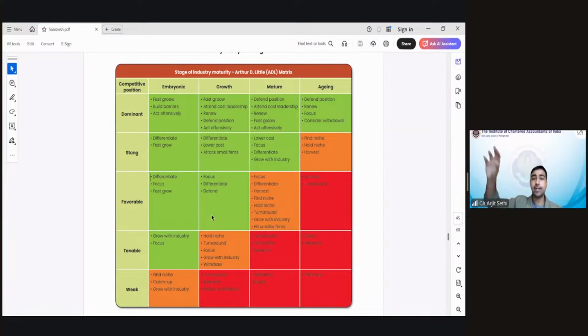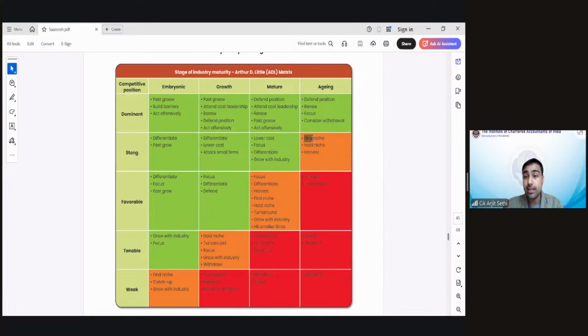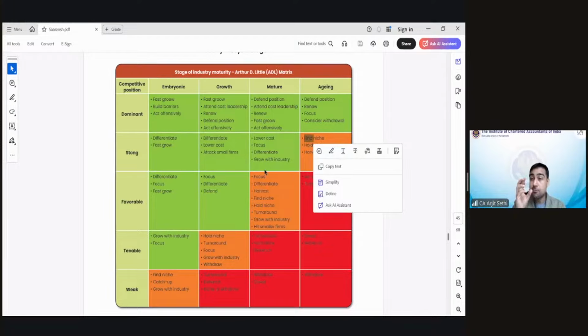Let's say aging industry hai aur strong position hai. If the industry is old and aging, but you are very strong, you are very stronger than your competition. So either you harvest, you keep making money as long as you can till the industry dies. जितना पैसा बना सकते हो बना लो. Then the industry will eventually die and you will also close down your business, right? Or you find a niche. आप देख लो कि आपके expert क्या है, आप उसी में काम करो सिर्फ, right? So you do that as well because you already have a brand image. You have a strong competitive advantage. Use that. Okay. Some options that Arthur D. Little will give you.